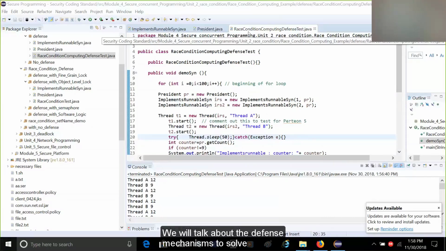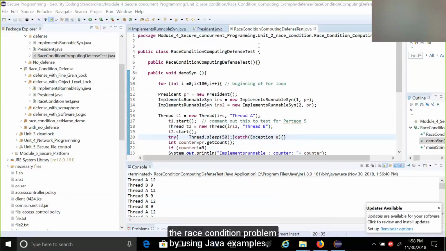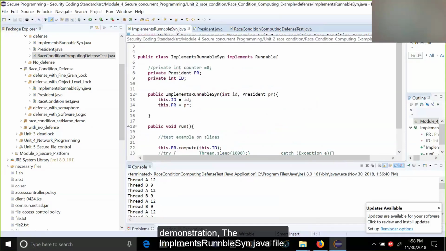We were talking about the defense mechanisms to solve the race condition problem by using Java examples. We will first use the computing example to discuss how we defend against the race condition problem. We have the same three Java files as in our previous example demonstration. The ImplementRunnableSync.java